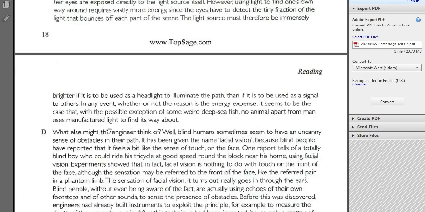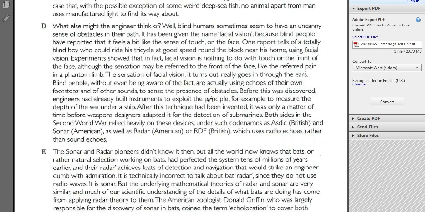Here, for example, let's take a look at paragraph D. I find some interesting words here. Facial vision, the idea of feels, blind boy, experiments. There's facial vision again, so this could be very important. I see the word echoes, footsteps, sounds. Sea under a ship. Submarines, well, look at all these. Second World War,